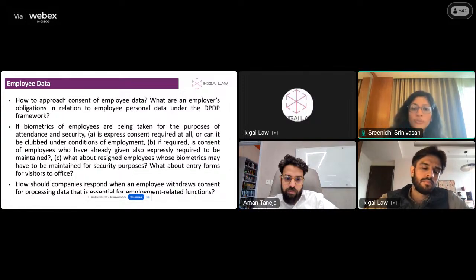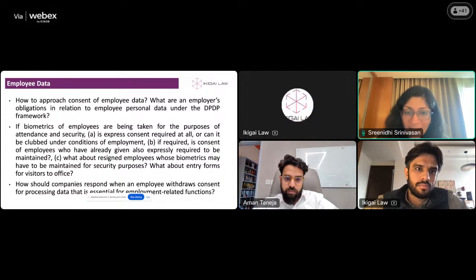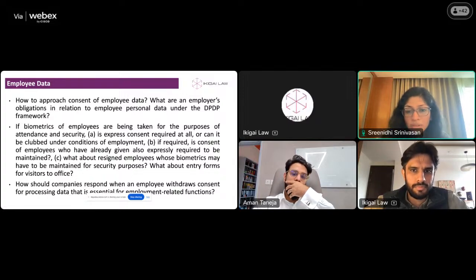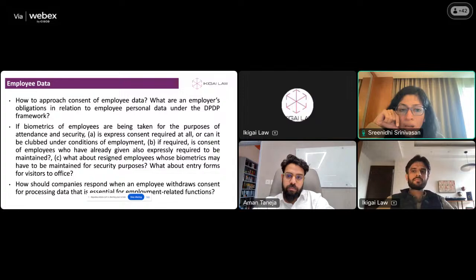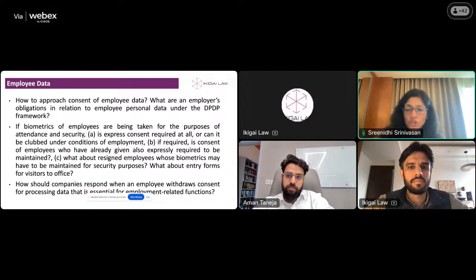So I think all of those things you'd still have to do, that you have some safeguards around the use of biometrics. And yeah, I think same for any other data point. Biometrics, of course, has some sensitivity associated inherently with the nature of the information, fingerprints and all of that. But any other data, I think you'd still need to make sure that all of this is complied with.